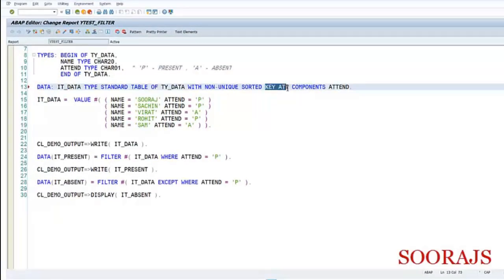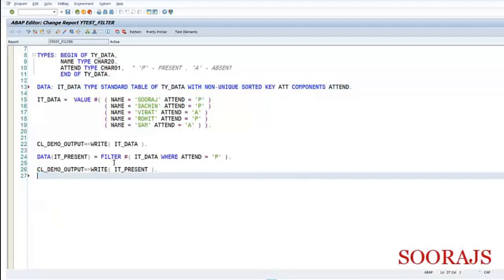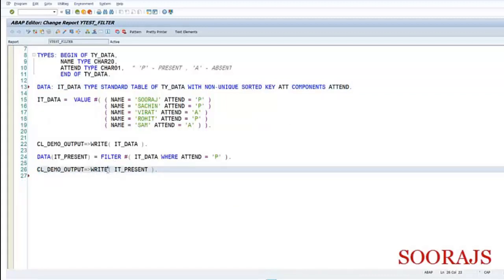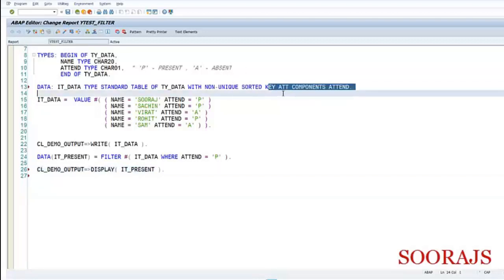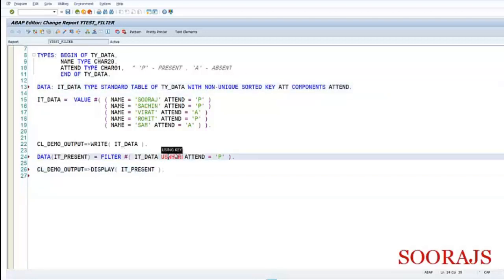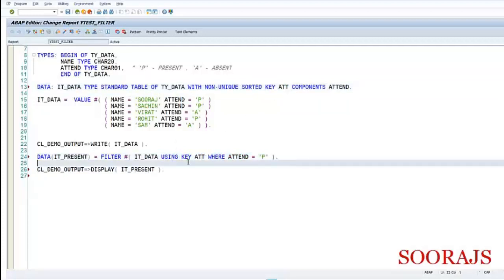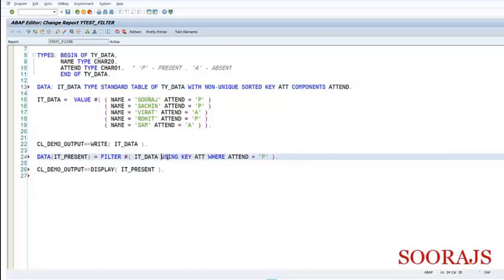So basically this is the key we should be referring to when you are filtering. I'll say using key ATT. This is basically required when you're using a standard table.